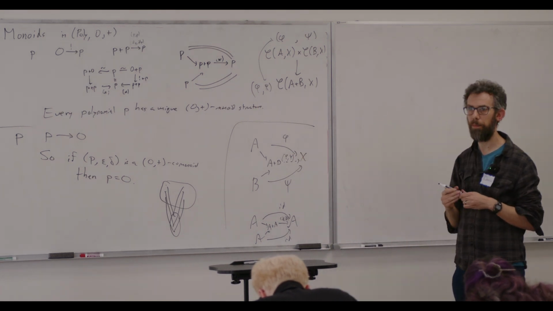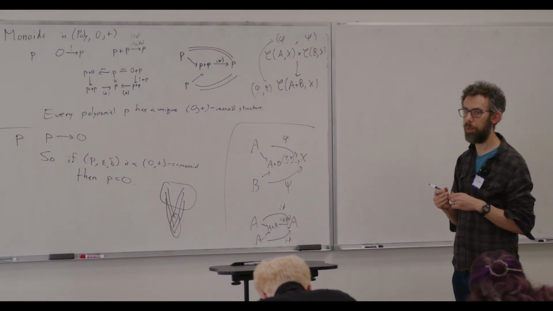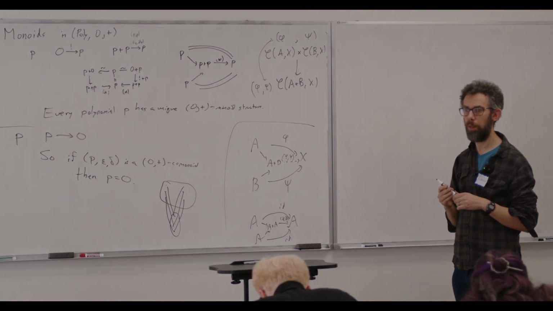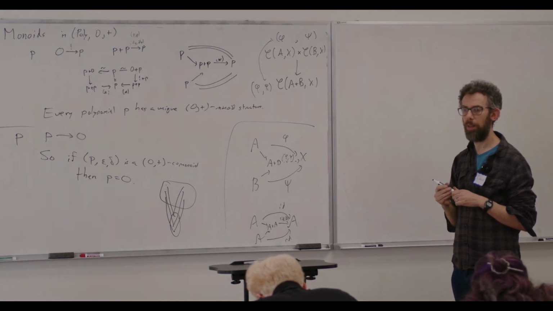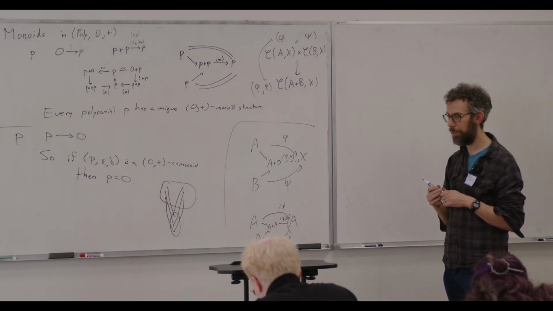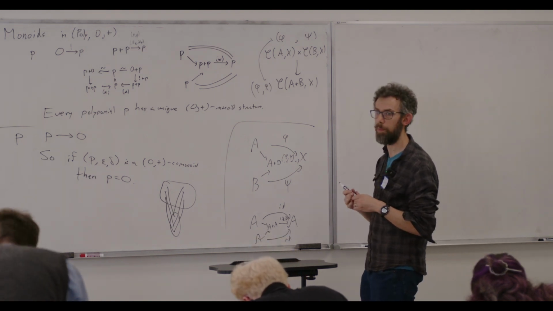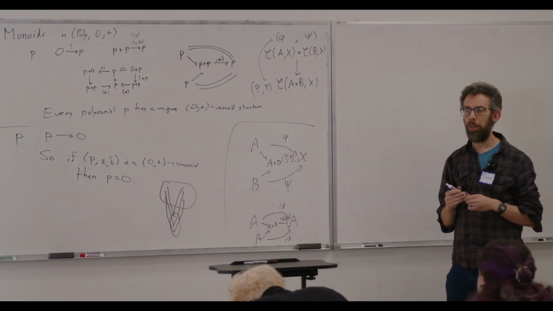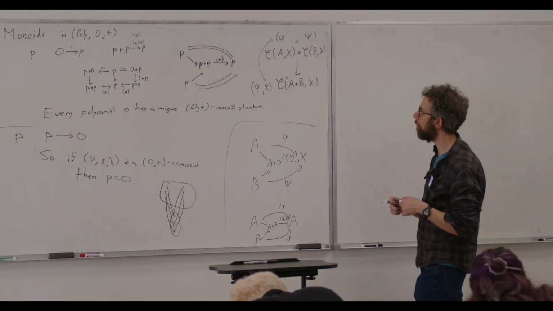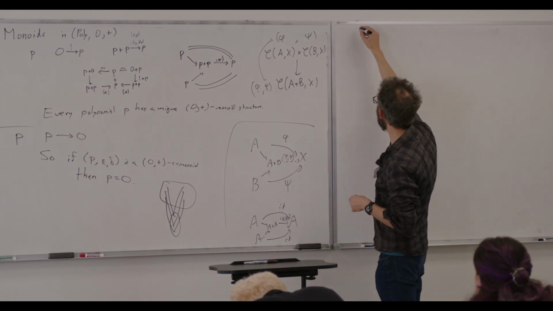I have a question. Yeah. So is the way that the plus monoids in poly, the fact that every polynomial has a unique monoid structure, the same as how in set every set has a unique comonoid? Yes. Yeah, so let's do monoids in